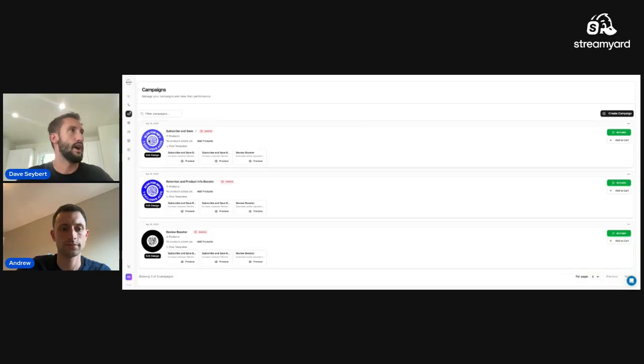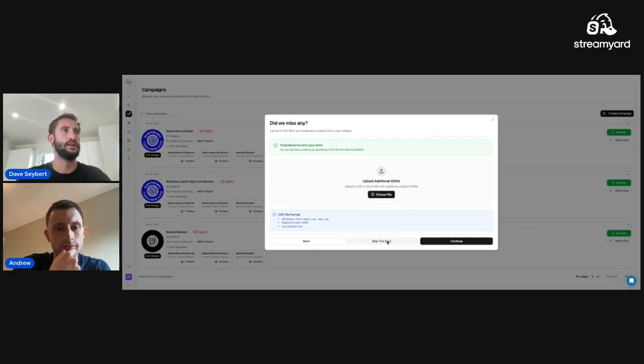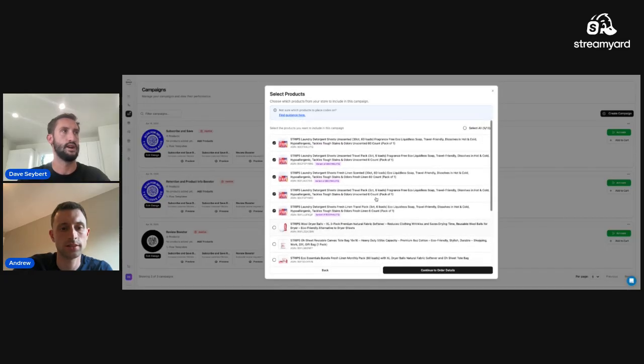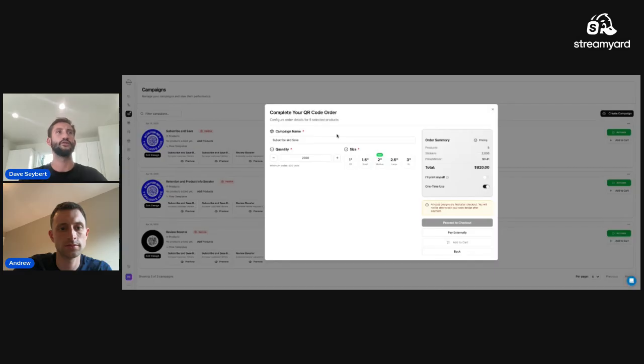Awesome. Now that you have your code designed, you can actually go and order the stickers themselves. And so how that works is you go to activate the campaign. You select what ASIN or ASINs that campaign will be tied to. Whatever products that QR code will be tied to, or essentially where that sticker will live, if it's only on one product, or if it's on all products, or if it's just on a select few, you would select that here in this step. So let's say we're doing it here on this parent listing,